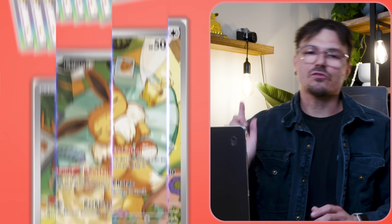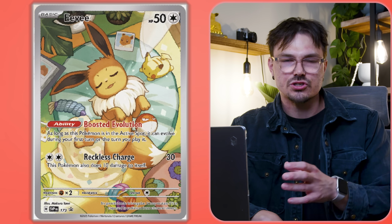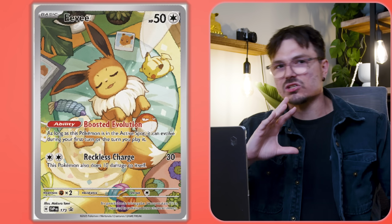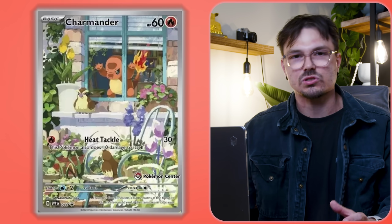Pretty cool as well. And of course, you do have the Eevee promo card that's inside the Elite Trainer Box. Now, of course, the Pokemon Center stamped version. If you did watch my previous video talking about Pokemon Center promo cards, they obviously have quite a high premium. Now, there's a lot of people going around thinking that this is going to be a very expensive card in PSA 10. And if it does follow the trajectory of the other cards like Charmander or the Snorlax that's booming at the moment, then it is very likely it will be